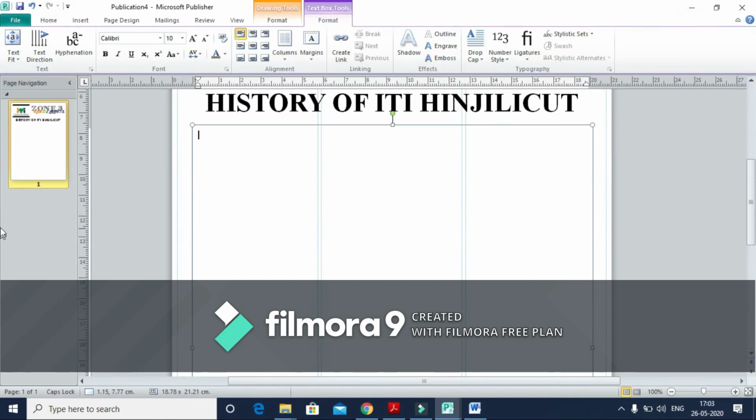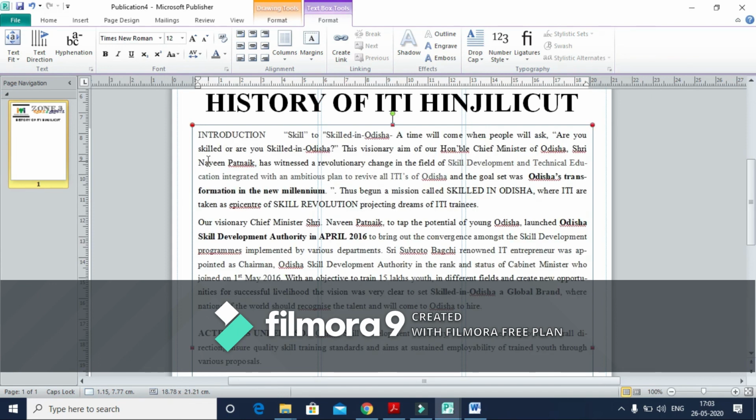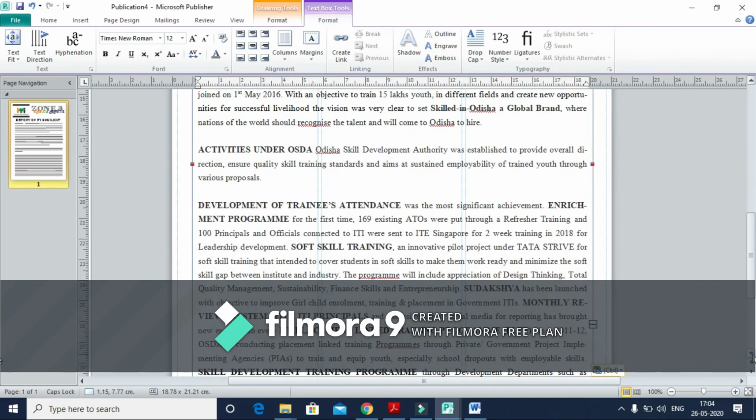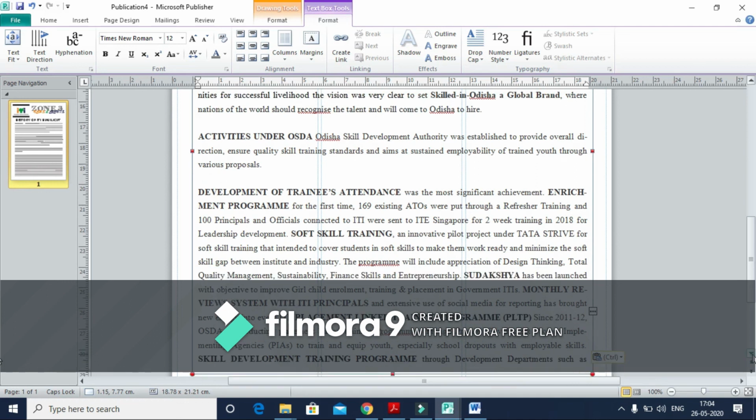Then I will paste it. As you can see, the copy paste has been successfully completed in the first page. This is the content which was drafted earlier in a document. I simply copied it and pasted it in this page.